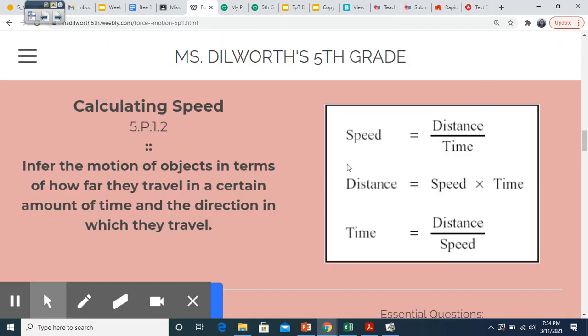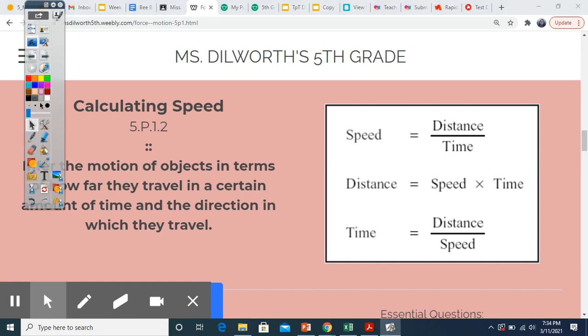All right, so if we look at this equation chart right here, and I have included this on your Nearpod so that you can always go back and look. So we have speed equals distance divided by time. We already did that. So the equation for distance is speed times time, and the equation for time is distance divided by speed. All of these equations are all related, and they're just rearranged to help you find the answer. So let's say they already gave us a speed of